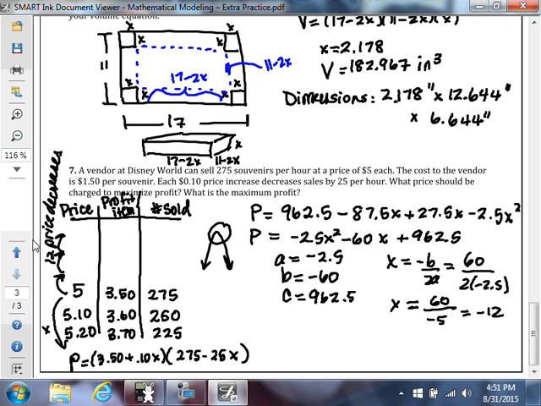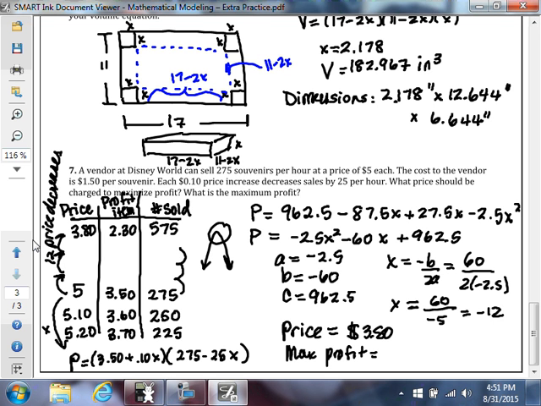So where does that put him? It puts him back $1.20. So if you do 5 minus $1.20, the price should be $3.80. And that means his profit, if you subtract out that $1.50 that it's costing him, is $2.30. And the number that he sells, if you go back 12 of these 25s, 12 times 25 is 300. So you're going to actually sell even more, 300 more, so you get 575. So his price should be $3.80, and his max profit